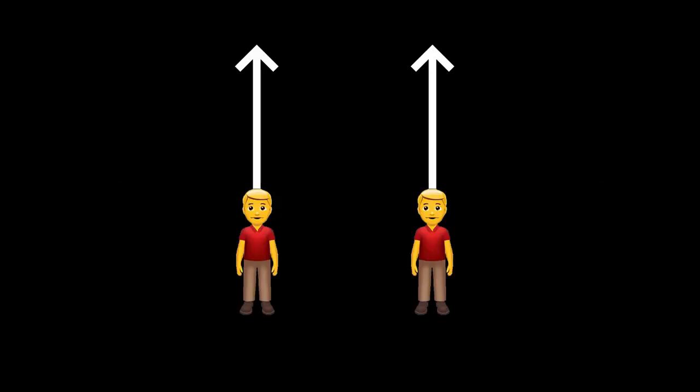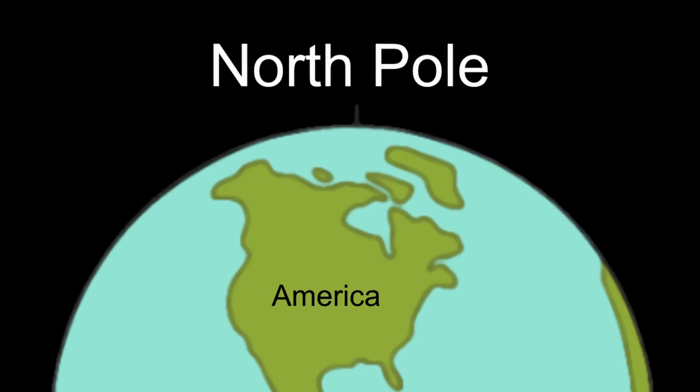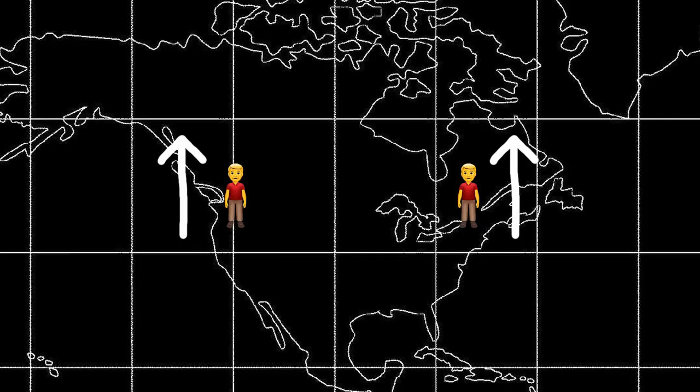If you have a hard time understanding this, you can imagine two people on Earth walking in parallel straight lines. Now imagine one standing on the east coast and one on the west coast of the US. If they both walk north, eventually they'll meet at the North Pole. Because of the curvature of the Earth, they ended up at the same point even though they both walked straight